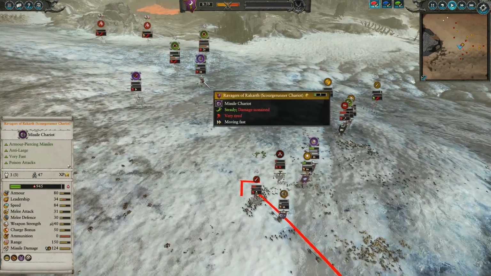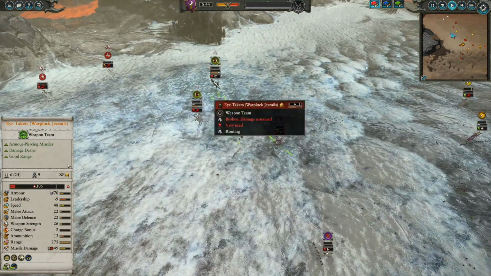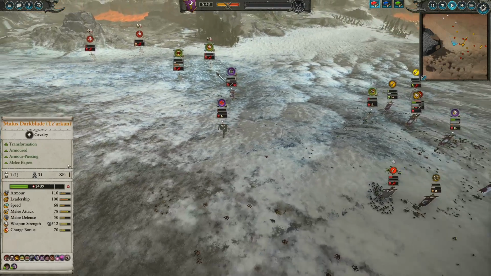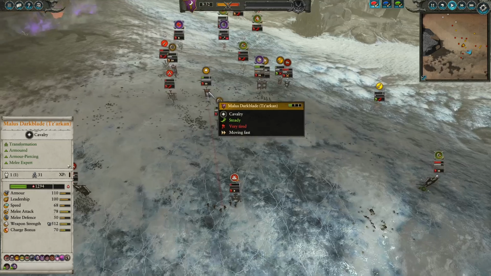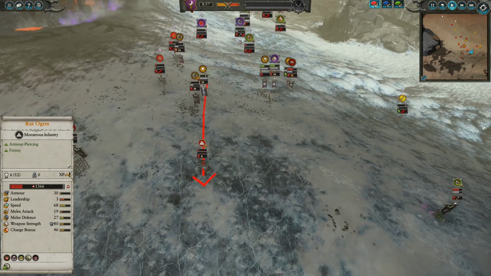Off in the distance here, meanwhile, you can see we've got the Ravagers of Rakarth also giving chase, I think wanting to maybe turn some of these routes into shatters, because otherwise, these Death Dealers, despite routing, were firing away, but now they are shattered, so I'm feeling pretty confident about that situation. But again, Malice continues to slowly die away. I decide to turn him around and push down towards these Rat Ogres, hoping to finish